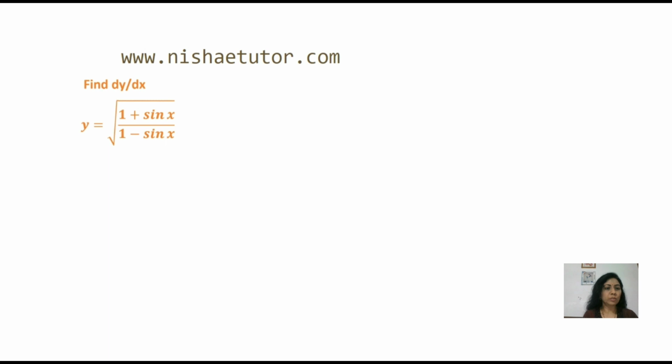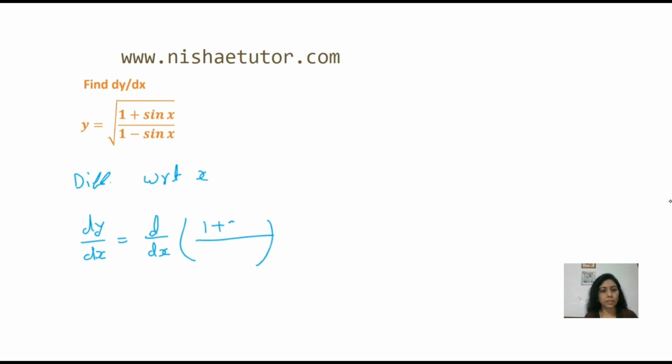In this video, we are going to differentiate this problem. y is equal to square root of (1 plus sin x divided by 1 minus sin x). So differentiate both sides with respect to x. Here dy/dx is equal to d/dx, and the radical we can write in exponent form: (1 plus sin x divided by 1 minus sin x) to the power 1/2, because here it is a square